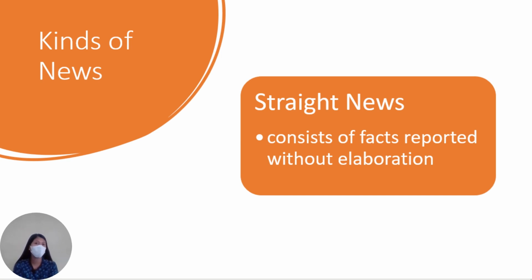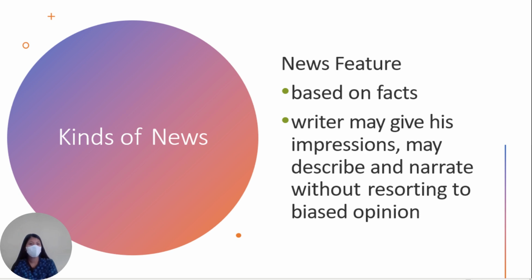So these are the news that you commonly read in newspapers or that are being broadcasted by media. These types of news do not necessarily require opinions or elaborations from the writer, whereas there is a news called